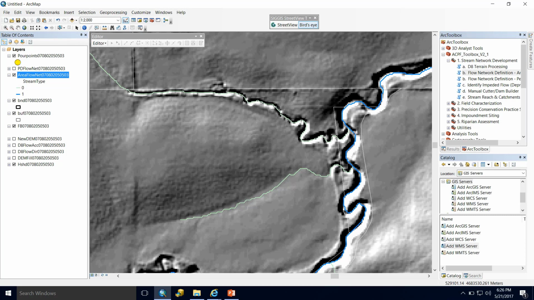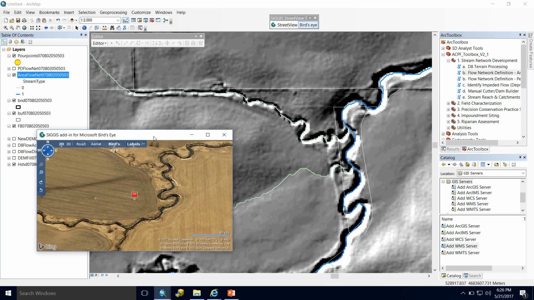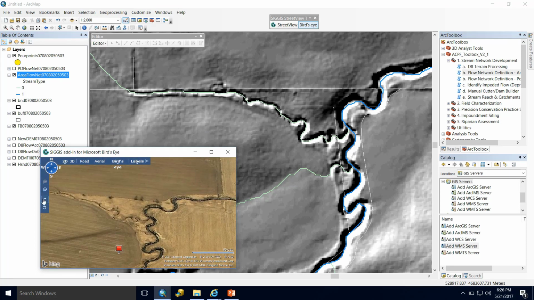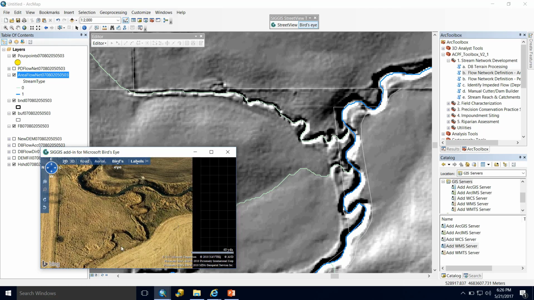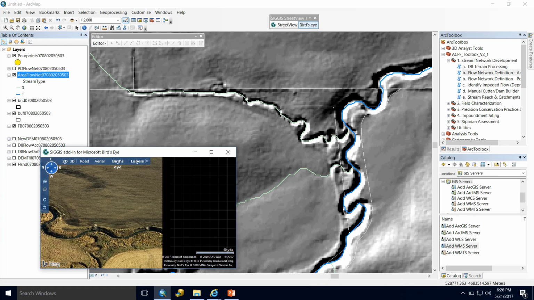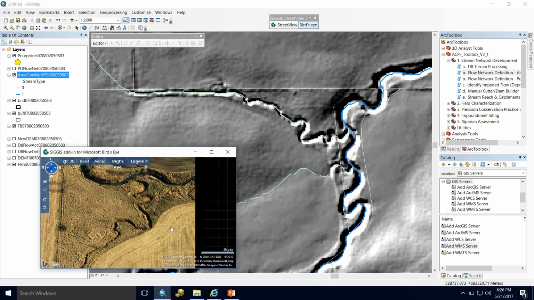This is a time-consuming process, but it's very important that you take your time through this and make sure that you got every segment that you think could be a part of the perennial network. It may take a while to orient yourself in your watershed, especially using some of these add-ins to get an oblique view. But they're very valuable tools.